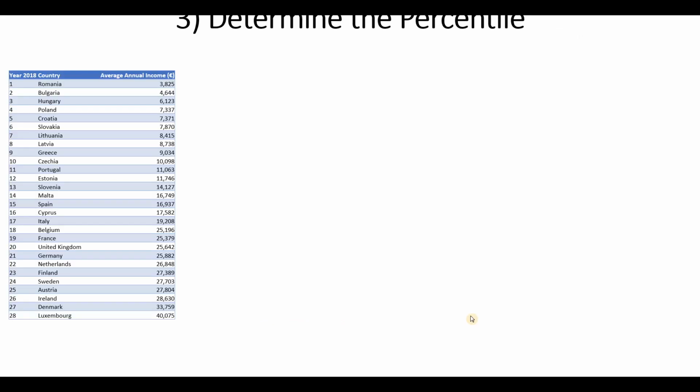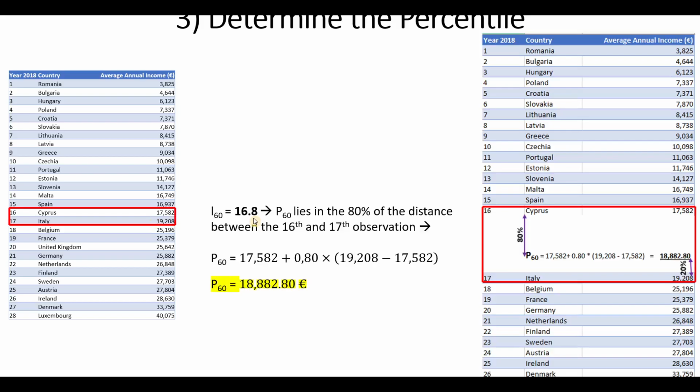So here in our table, the 60th percentile lies somewhere here between the 16th and the 17th observation, somewhere between Cyprus and Italy. And here are our calculations.